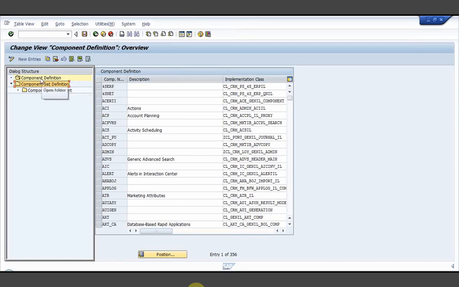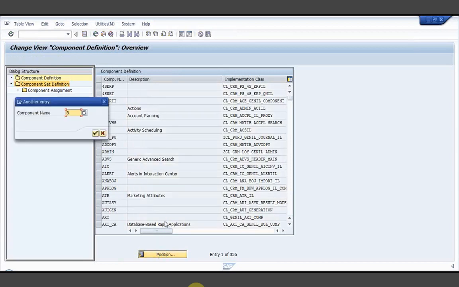We would be defining a component, then step 2 is we would be defining a component set, then we would be assigning a component to the component set. Anyhow, when we create a custom component and custom component set, we would be going through every step of this, but as of now, we have BP underscore APPL as a component set.